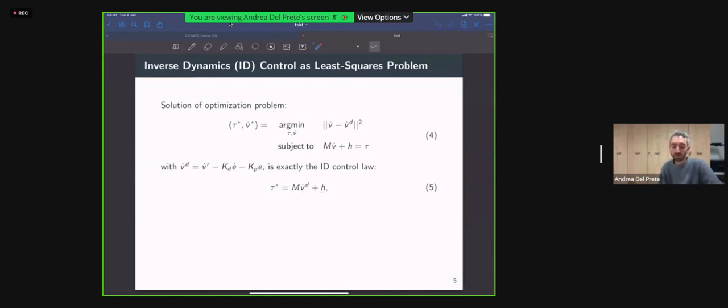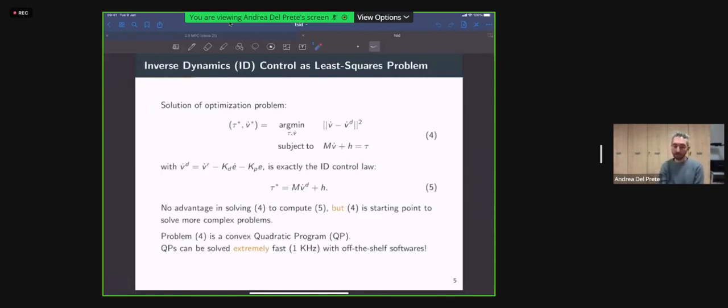Very simple and actually not very interesting, because why on earth would we need to solve this optimization problem if you already know that the solution is this one? Well, there is no reason to do so, but this is going to be our starting point in order to solve more complex problems that take into account more constraints of our system.